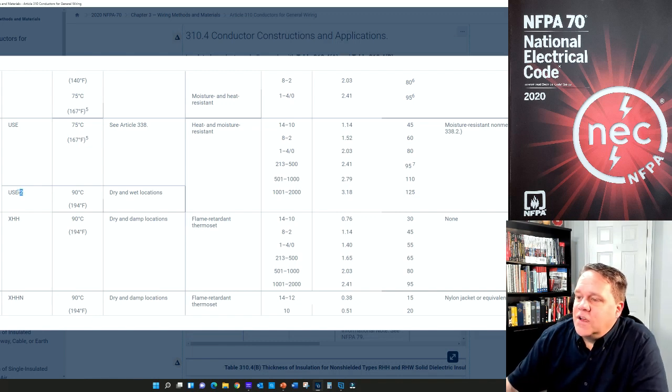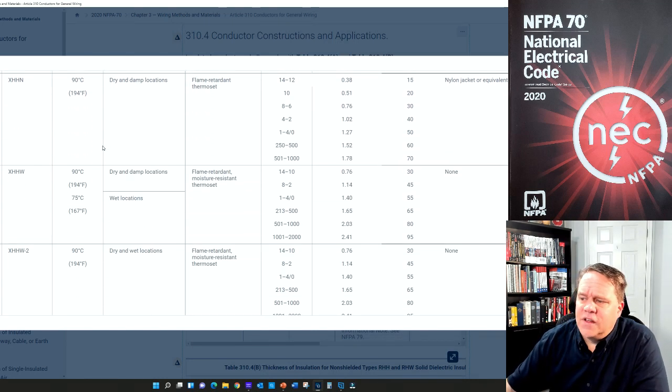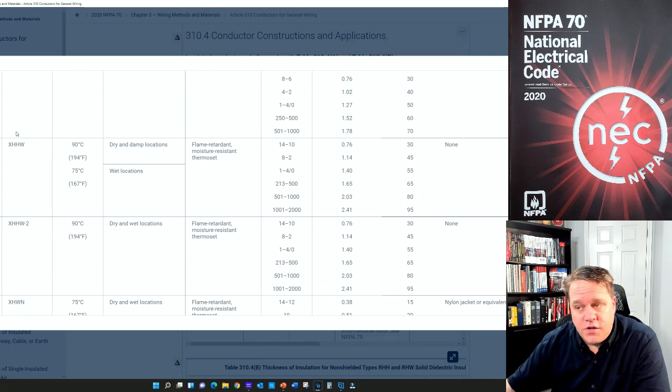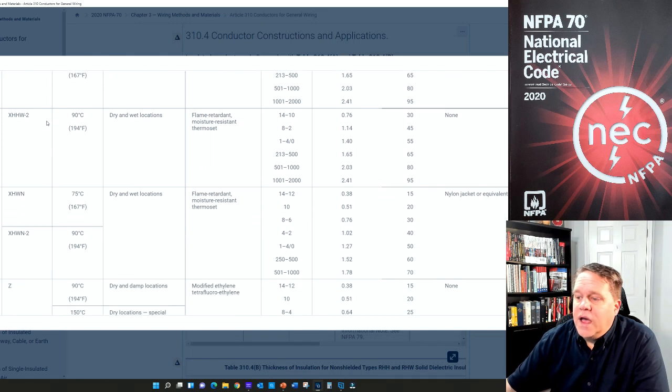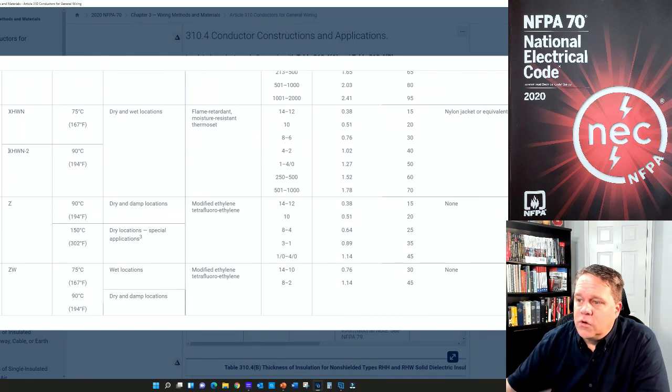So USE-2 is what? It's good for underground use. It's service entrance cable, dry and wet locations, 90 degrees. And then last, let's take a look at our XHHW, which is a cross-linked polyethylene product. It is thermoset insulation. 2 H's means 90, W means wet location, and it's going to be the same concept when we scroll down here to